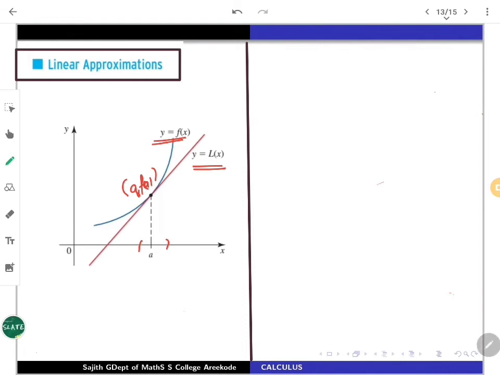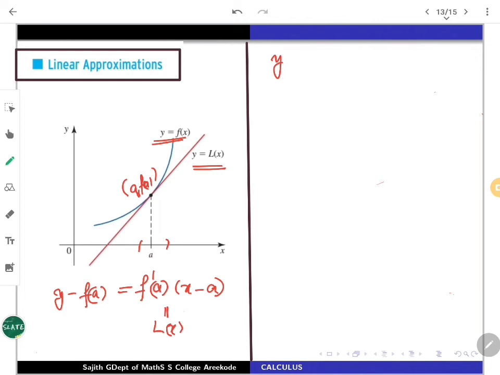So at a, you are having the point a, f of a. So tangent at a, you can easily find out the expression in point slope form, because if it is a differentiable function, f dash at a is existing. So you will be getting something like y minus f of a is going to be equal to f prime at a into x minus a. This is going to be the equation of the tangent, which is given by y equals L of x. So our y is supplied by L of x, which is given by this formula.